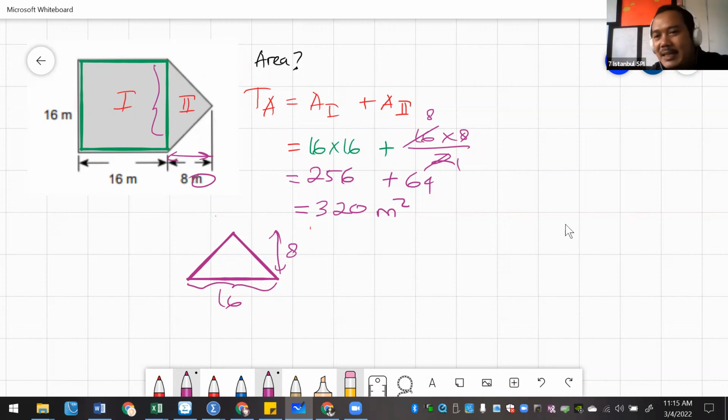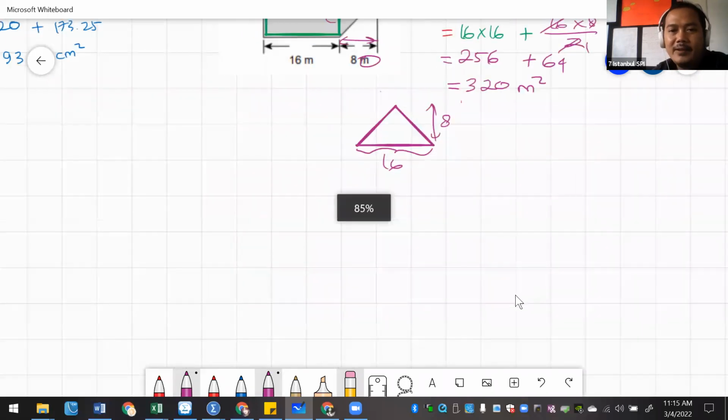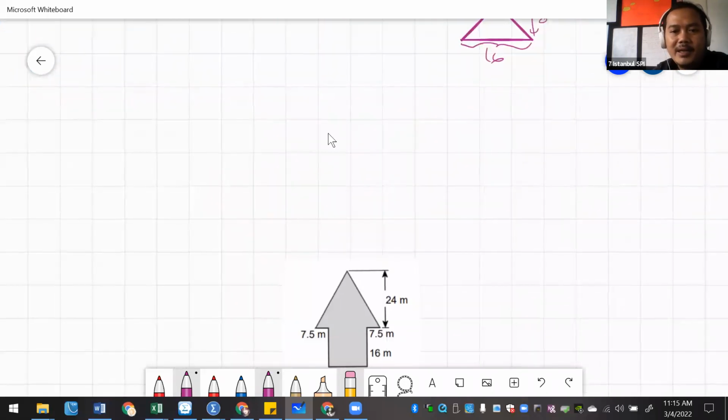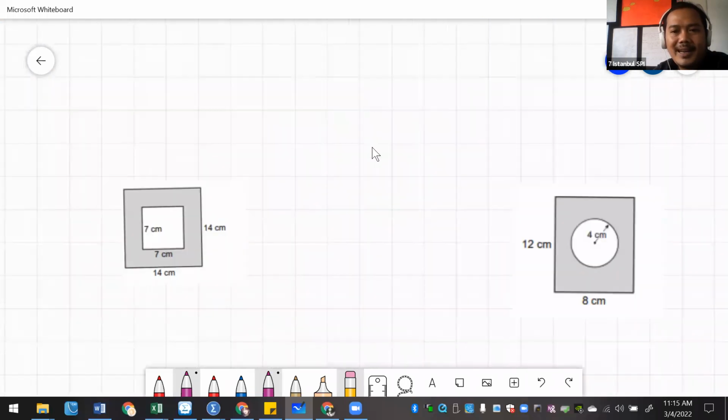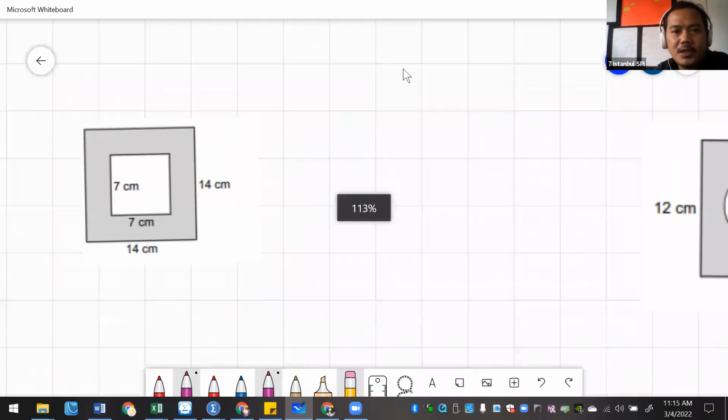Okay, this one is a little bit different. For all of the examples that we have, we were adding because the shapes were combined. But for this shape, it's a little bit different. Okay, here it is. So the question is,